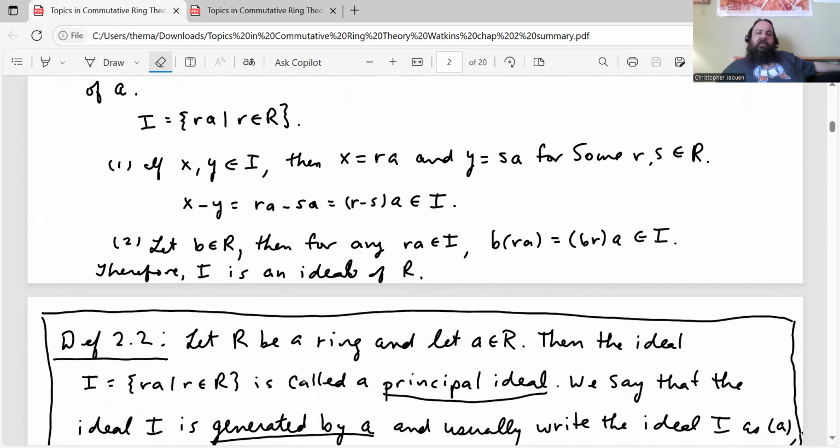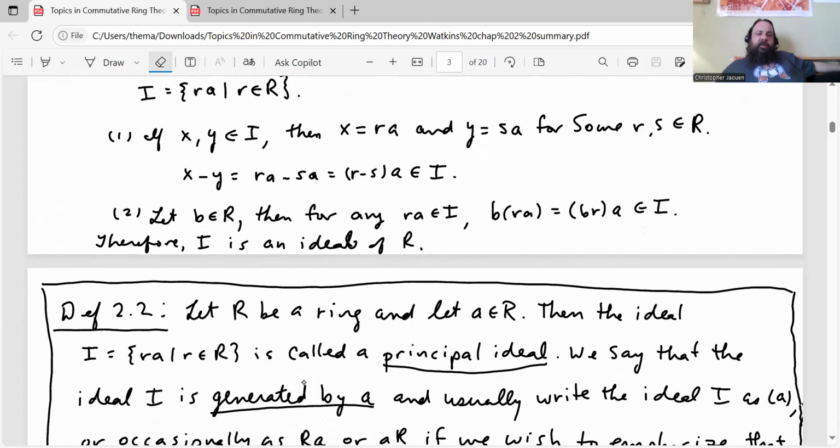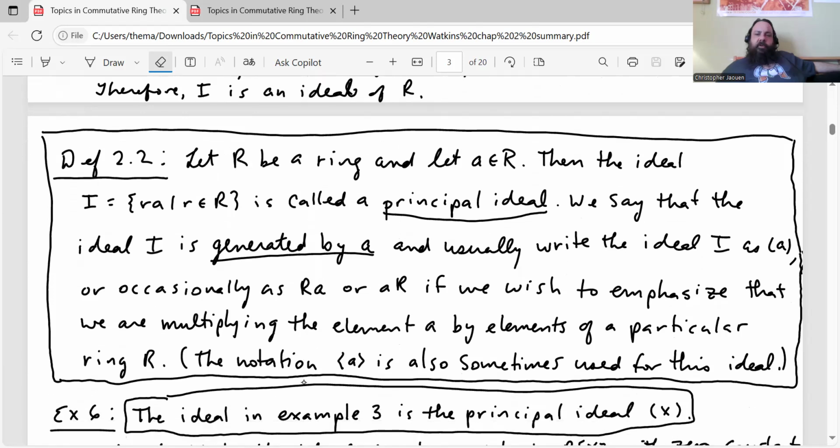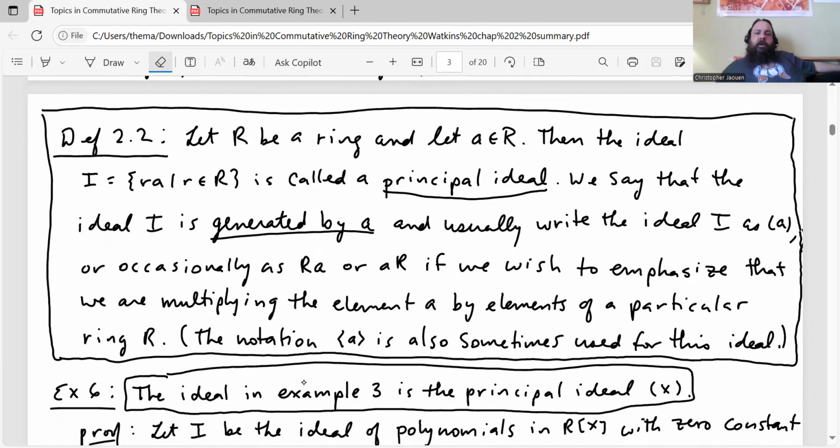Therefore, I is an ideal of R. And actually, ideals of this form are called principal ideals, which we define next in definition 2.2. So let R be a ring, let a be an element of R, then the ideal I, which has the same definition that we had up above, is called a principal ideal. We say that the ideal I is generated by a, and usually write the ideal as (a) in parentheses,